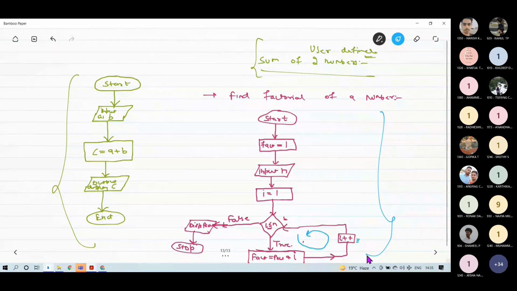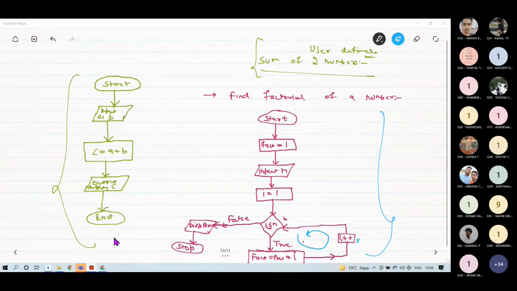For any loops, for loop, while loop, for all the loop statements, you will see there will be a closed circuit in these types of flowcharts. And then after a particular condition becomes false, it will come outside that loop, and then there will be a stop sign at the last. So this represents how you can make flowcharts.